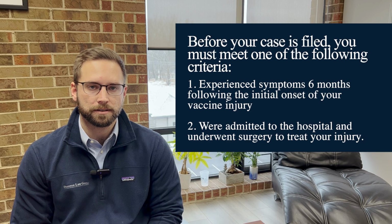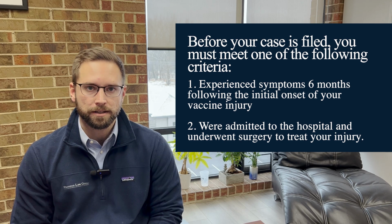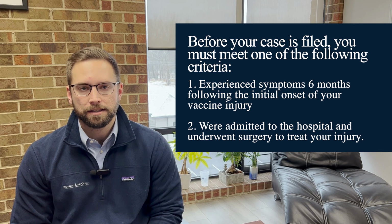Now, there's an exception to that: if you've had hospitalization and a surgical procedure as a result of your vaccine injury, then you can file whenever. But if you haven't had surgery, you haven't been hospitalized, you need to wait at least 6 months before we can file the petition. And because of that, usually after the 6-month mark has been reached, that's when we begin